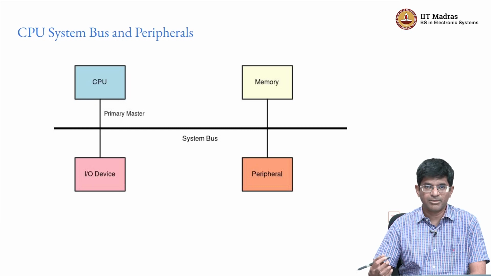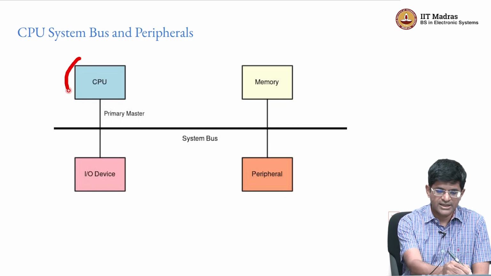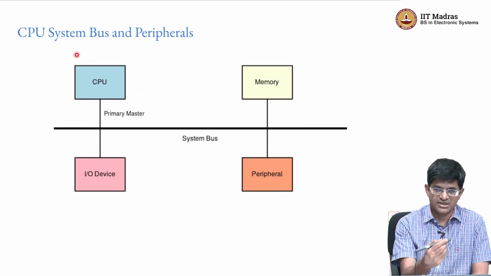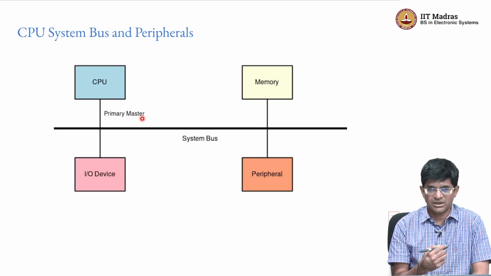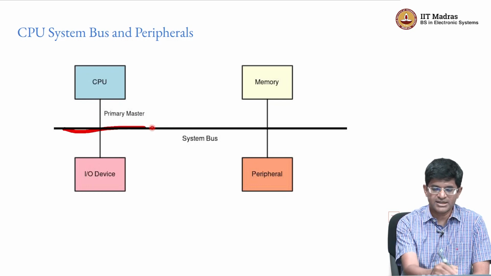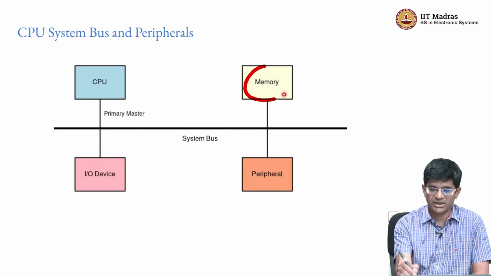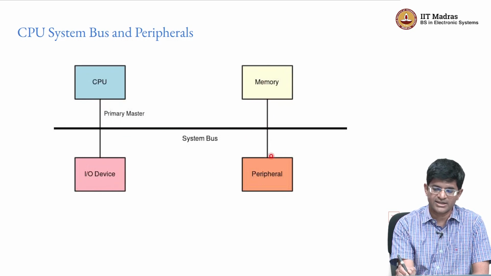to recap what a typical CPU system looks like, right? So what I have over here is there is a CPU which is what we call the primary master on the bus, right? And you may recall that a bus is basically a set of wires that connects the CPU with the different parts of the system. It could be the memory on the system, it could be an IO device, it could be some other kind